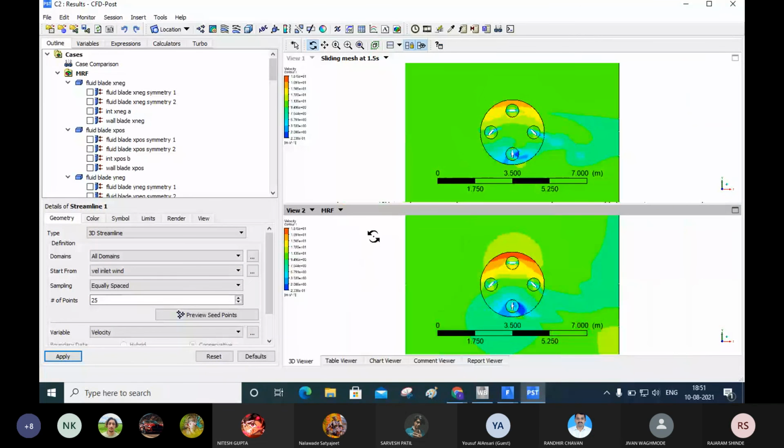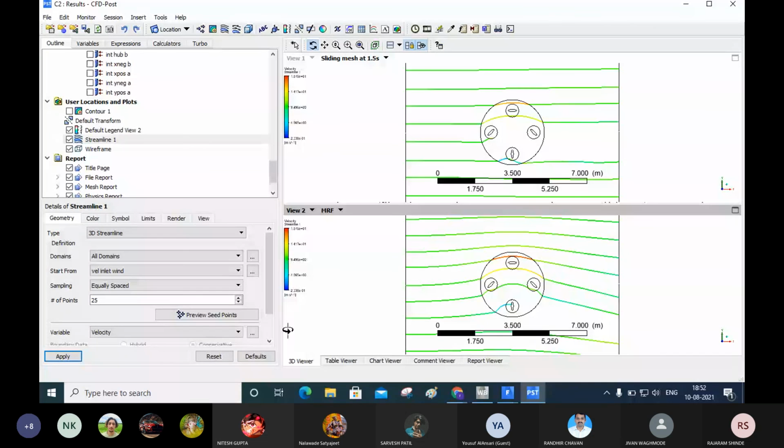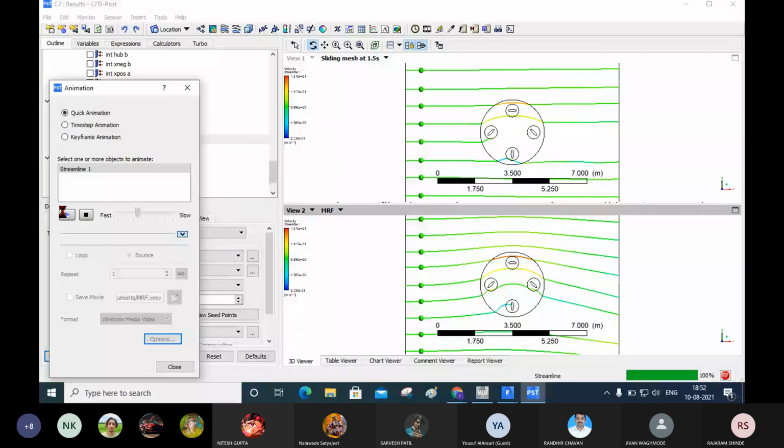I will check this. I will hide the contour. This velocity inlet, and click on the apply button. Now these are the streamlines, and you can check the animation for streamlines here. You can see how it is moving here.